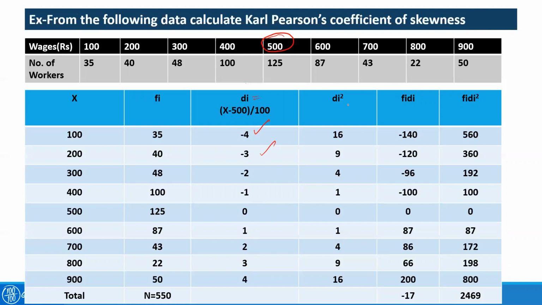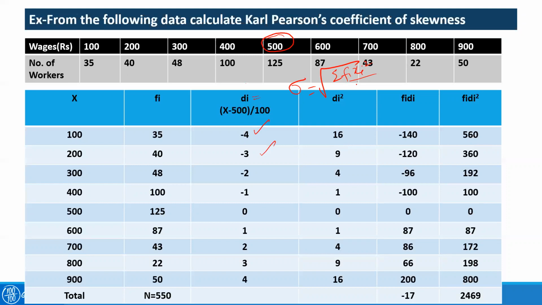Next, I need the di square, so I square all the values. Then I made two more columns: one is frequency into di, fi into di, and the other is fi into di square. I have added all the values, and you see the summation of fi di is negative 17, whereas the summation of fi di square is 2469. If you remember, normally the formula of standard deviation is